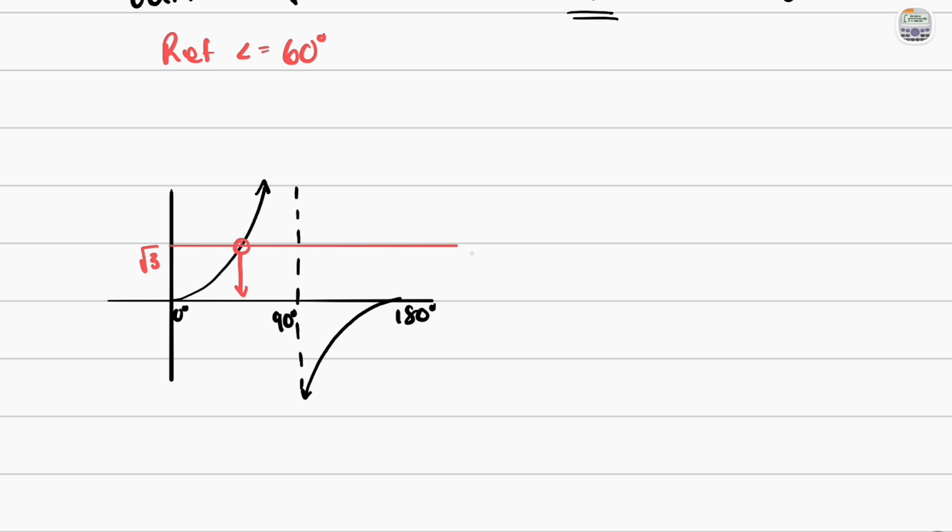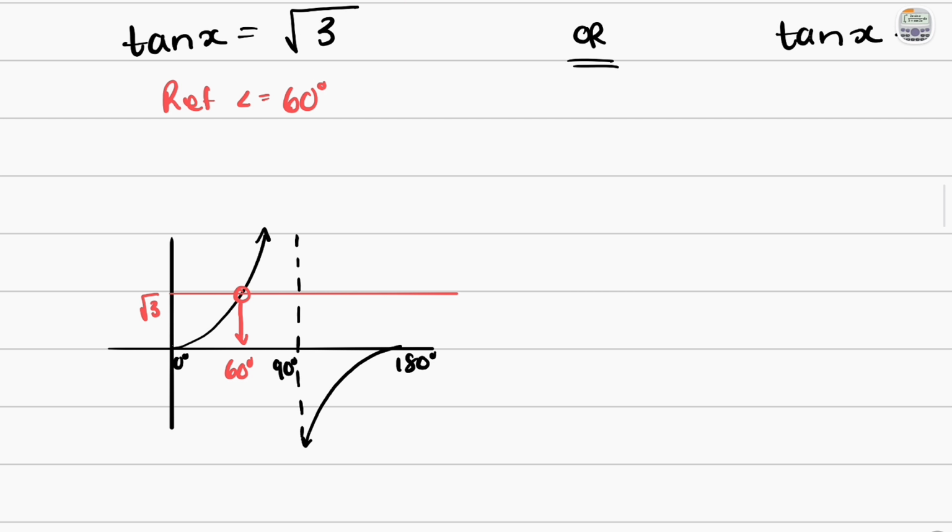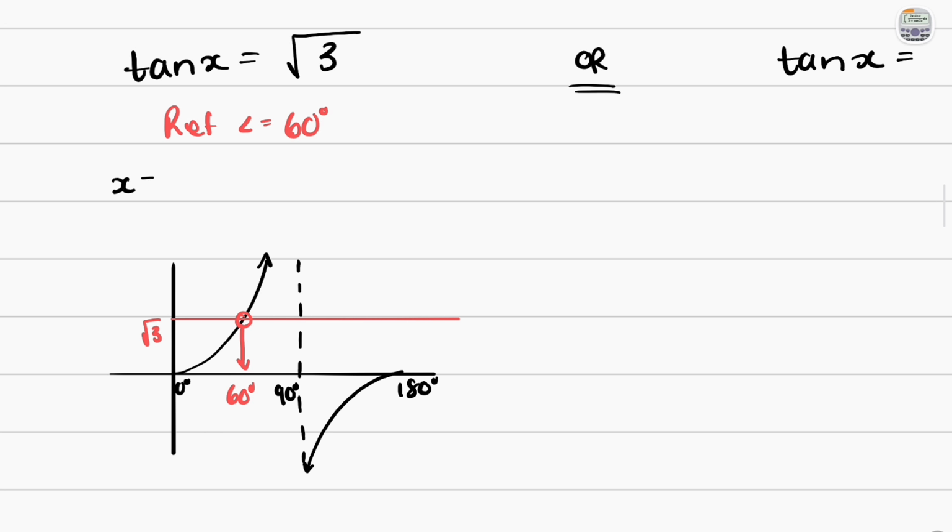And then this answer will repeat itself 180 degrees later, and then 180 degrees before this. We're just going to have this same graph repeating itself infinitely. So this reference angle of 60 degrees that we just found, that is what is over there. And here, just to solve for this, would simply say that x is equal to 60 degrees. Okay, so the graph forever has y values of the square root of 3, where x is equal to 60 degrees, and then we'll say plus k of 180 degrees, since this tan graph repeats itself every 180 degrees. Okay, and of course, this is where k is an element of integers,